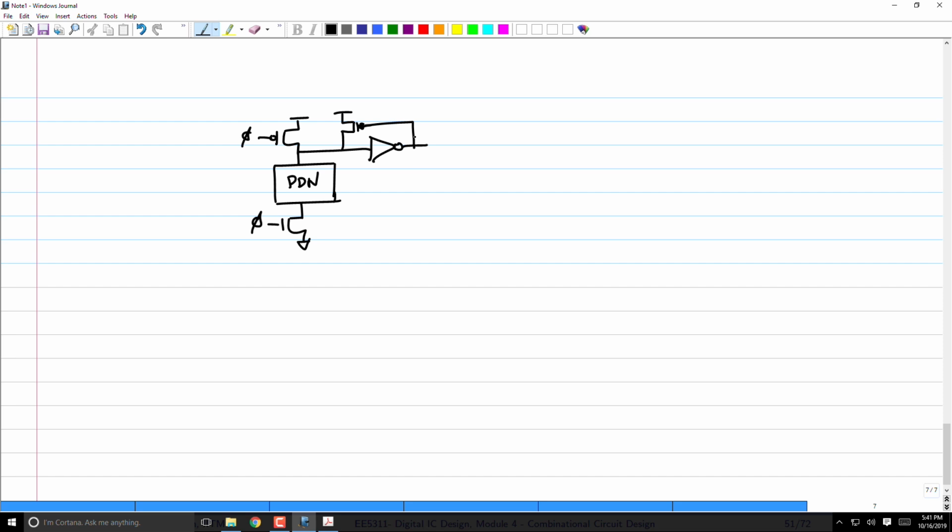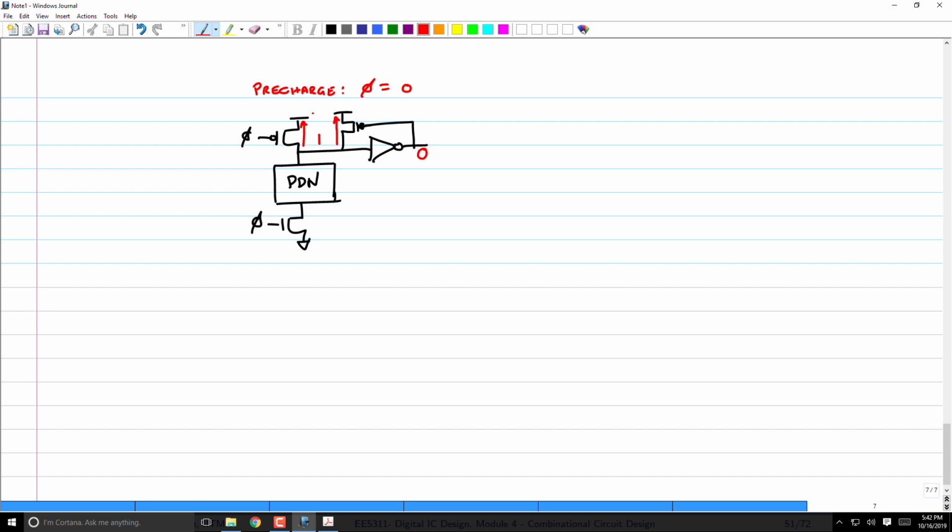What is the advantage? When the clock is in pre-charge phase, right, during pre-charge, clock equal to 0. My output of the dynamic gate is going to be 1. Therefore, the output of my inverter will be 0. That means this PMOS will be turned on, right? And therefore, it's going to simply pull this output along with this guy. Both these guys will pull it up to logic 1.